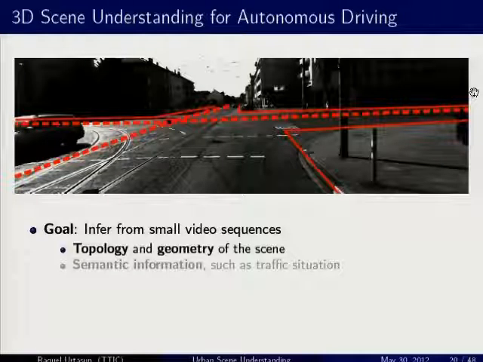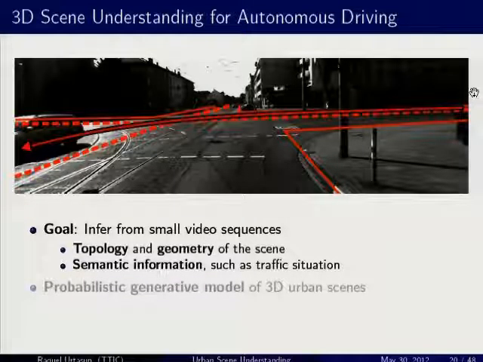Here is an intersection. This is a 4-way intersection, and you can see the outline over there. I would also like to reason about the actual semantic information about the traffic situation in the scene. I would like to know, are there cars coming into this intersection? From where to where are they coming, in order to maybe make a decision in my autonomous driving?